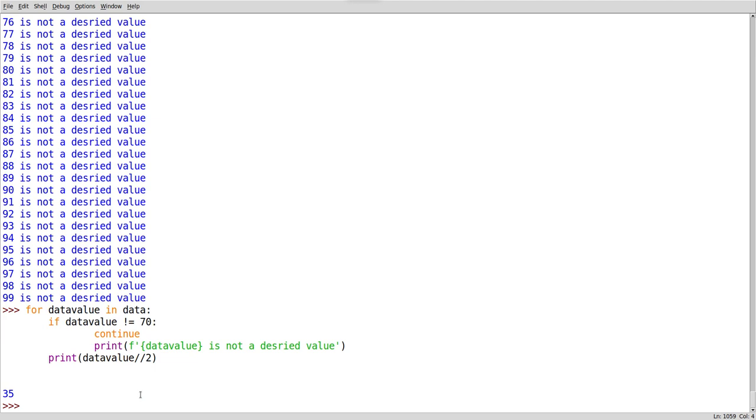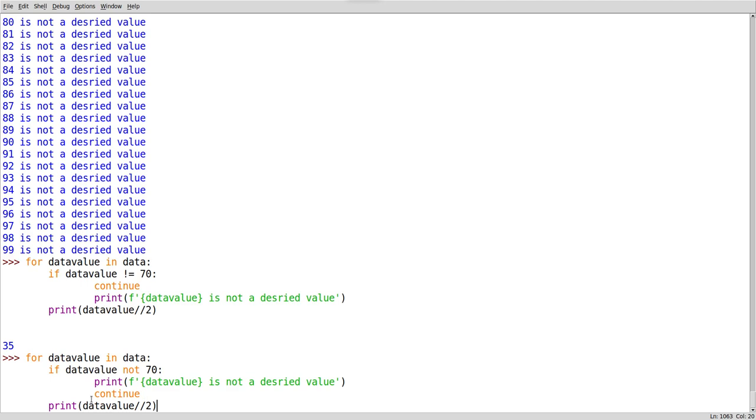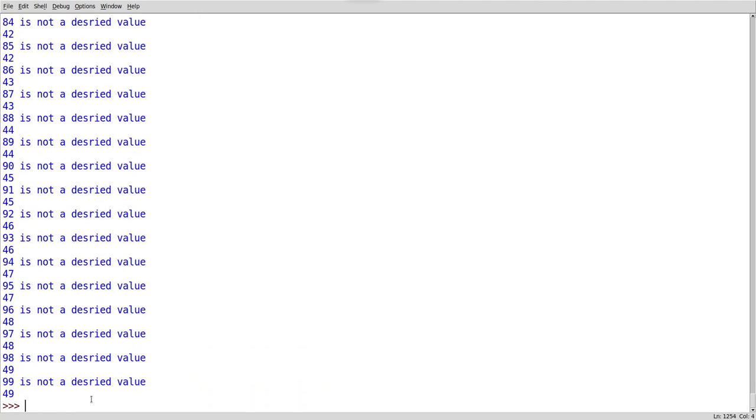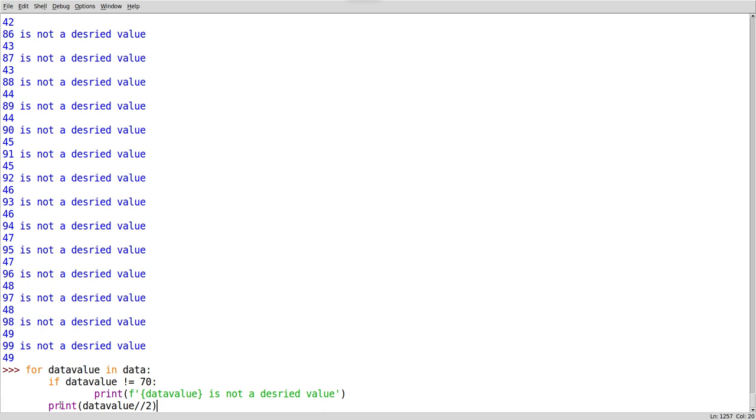Now see, only 35. What happened to the other one? It did not print. The reason is, see what is happening here. It is saying not a desired value and it is printing this one. When value is not matching, I want to print it, I don't want to divide it. This is the problem statement.